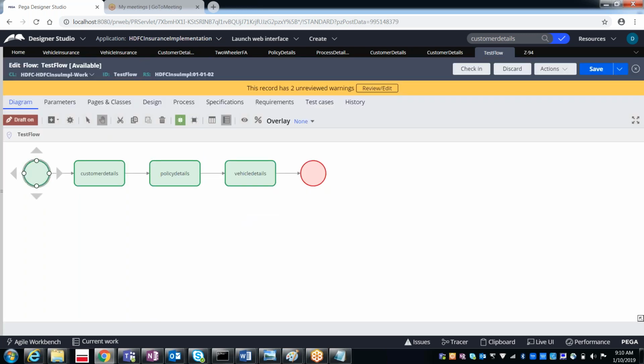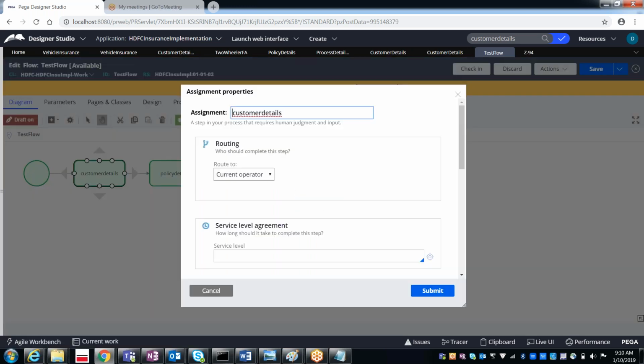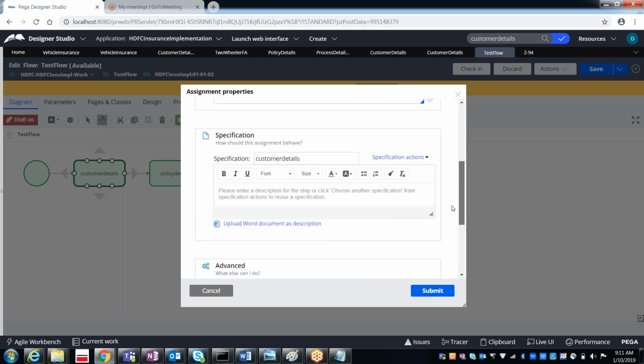So it is just starting the flow and immediately it is coming to the assignment. And once if it comes to the assignment, here we are going to be displaying the what? Flow action. So to display the flow action, we need some buttons and some headers and all those things. So for having all those things, okay, we can refer the harness at the assignment level. Okay, that is the perform harness.